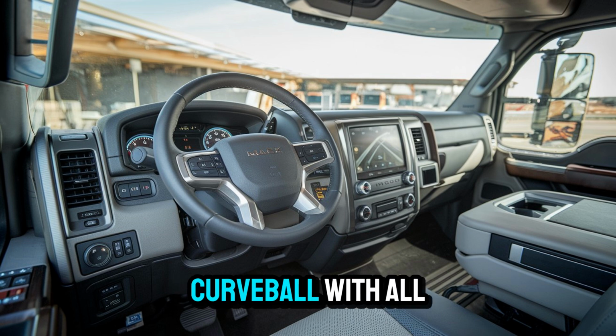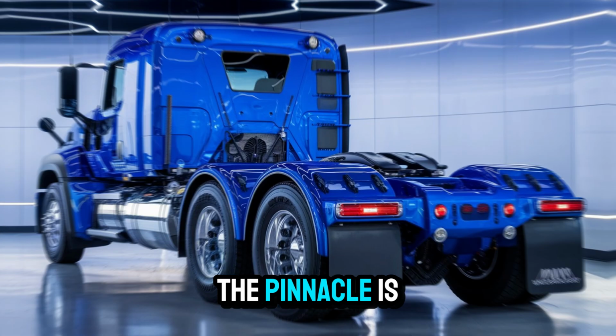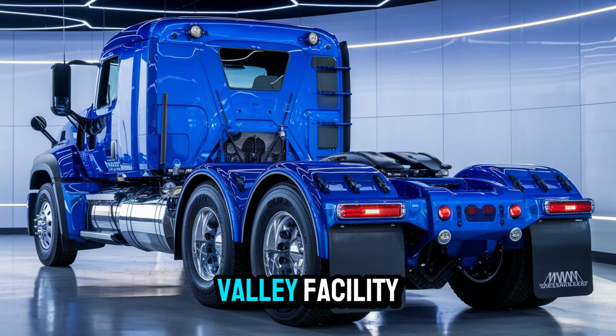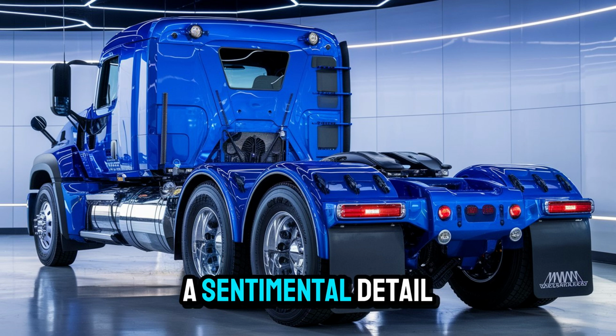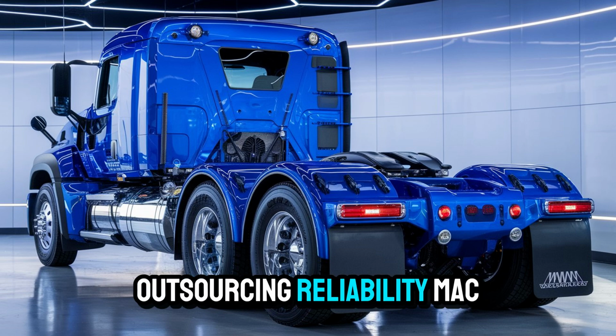Now here's a curveball. With all this tech, you'd think Mack would veer away from its roots. But nope, it doubled down. The Pinnacle is still built at their Lehigh Valley facility, still assembled by American hands. And that's not a sentimental detail, it's a statement. While others are outsourcing reliability, Mack